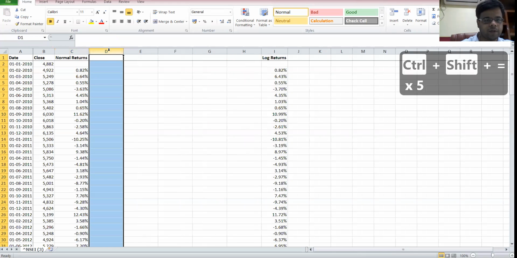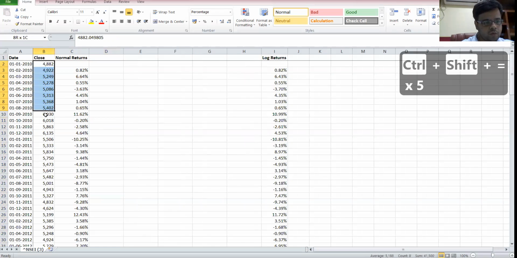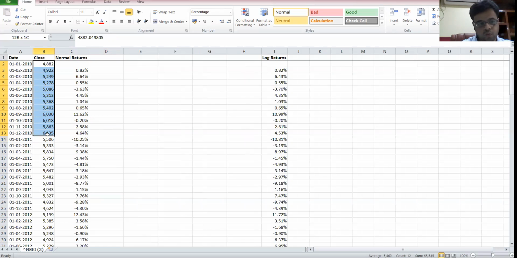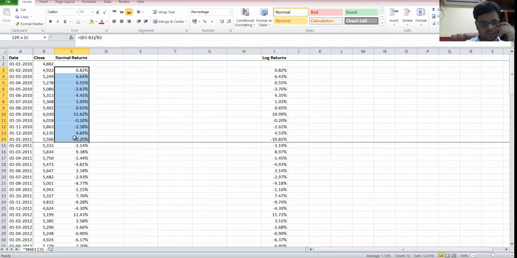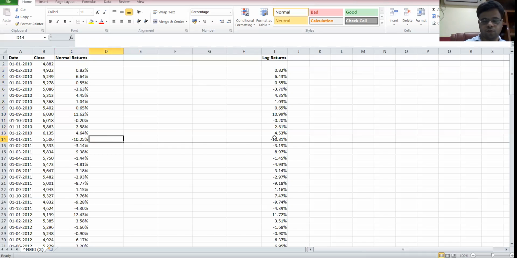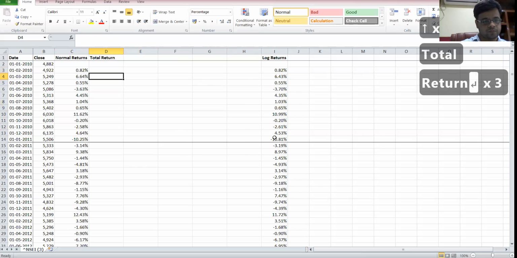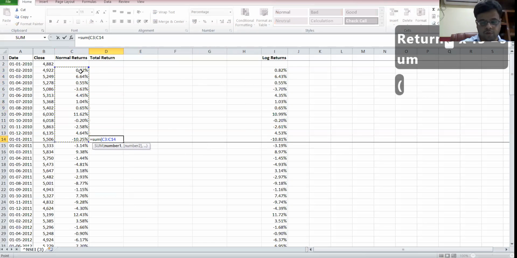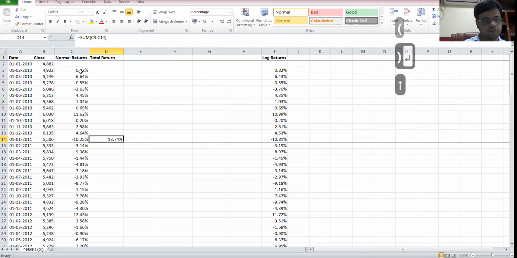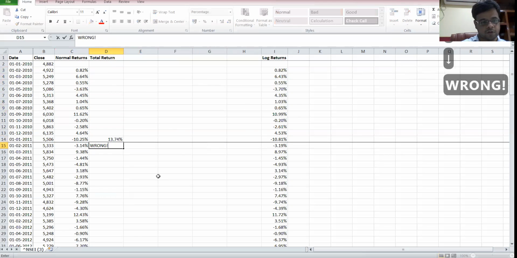So let me take a 1 year period. Let me take a 12-month period. So this is 12 months. Although the returns are for 12 months, I'll actually have to take data points for 13 months. So this is my 12-month period, right? So here, if I have to calculate the total return, I'll be tempted to do a sum of my return for the last 12 months, and this will be wrong